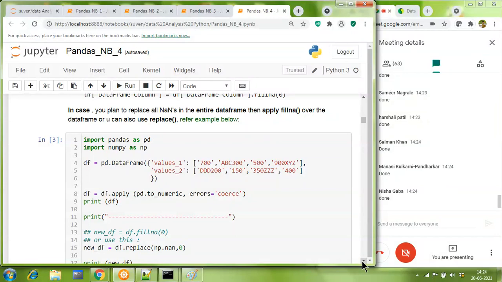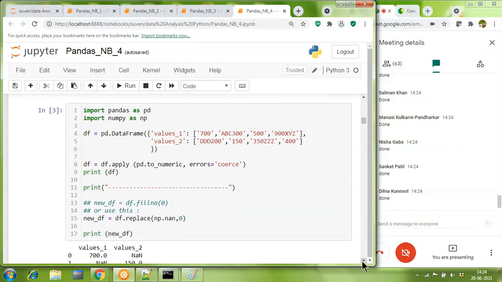Okay, so that's a majority who says that they have done this. Wow, fantastic. Still, I'm going to wait for 30 seconds more. And people who have done, I am expecting them to explain. I repeat, I'm expecting them to explain